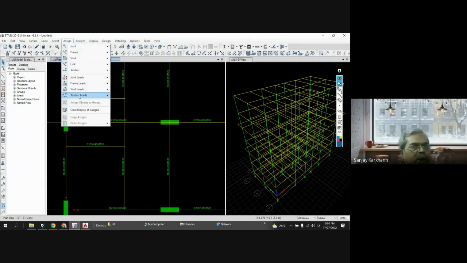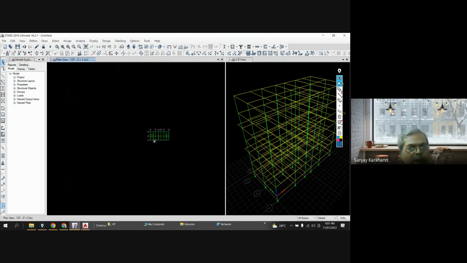Then go to assign, clear display of assign. So that will be removed. So this is how you can generate. Now just you can highlight this